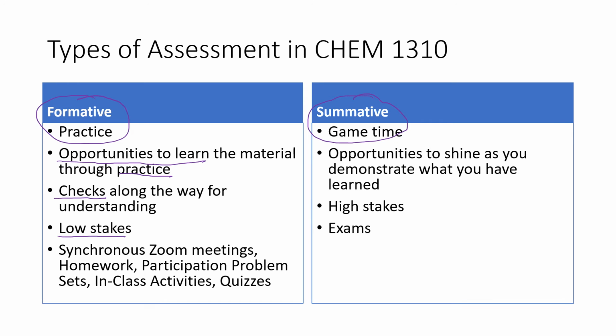And once you get it right, you get full credit for it. So these are low stakes. All of the things in this last bullet point are the types of formative assessment that we have available in this class. So all of these things are really opportunities to interact with the material, to practice it, and to